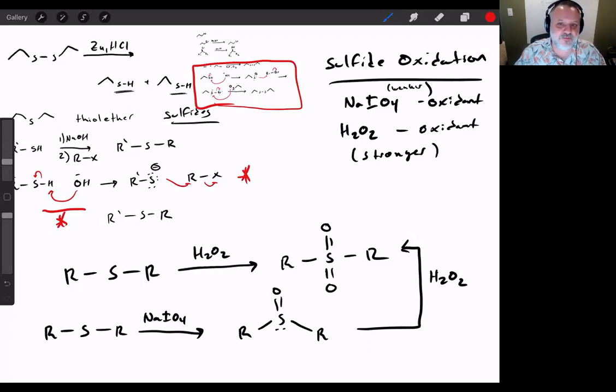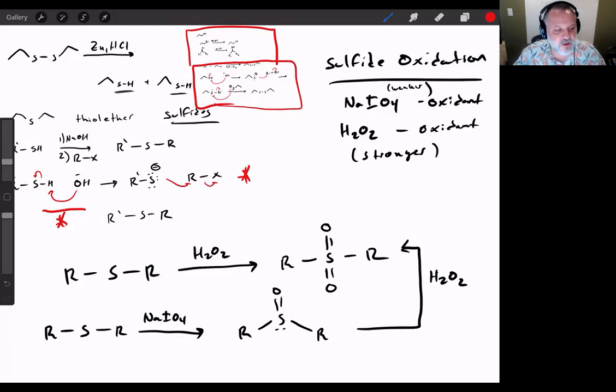Those are the only two mechanisms that we learned, but we did learn a couple of reactions. Some reviews of reactions, and again, maybe you can't see them at this point, but they're still up here. They're the substitution reactions of alkyl halides that produce thiols. Then we take thiols and we can create disulfides, and then we also showed how we can react a disulfide in the presence of a reducing agent and turn them back into thiols. The last thing that we did then is discuss the formation of sulfides and then reacting sulfides with oxidants to form these sulfones. Does anybody have any questions about that before we